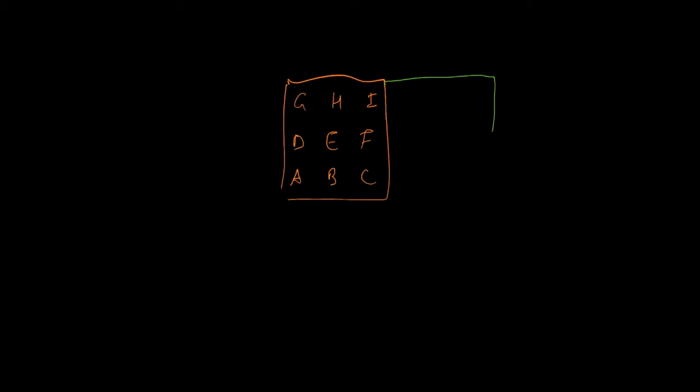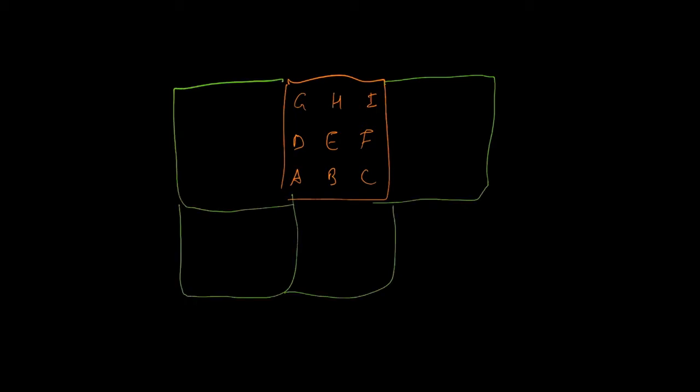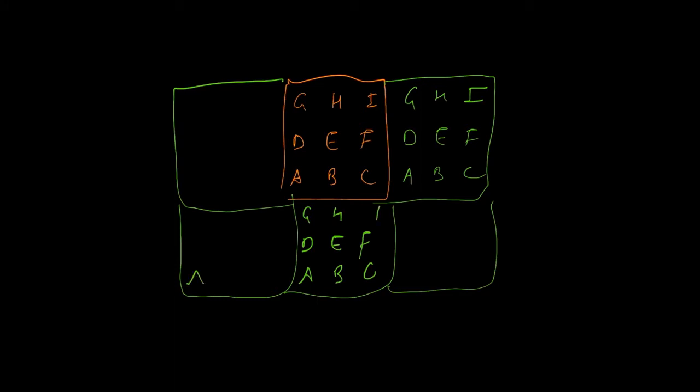So let's again go back to the simple form. Let's say there is A here, B here, C here, D, E, F. So let's say these letters are there. This is our cell, and this cell is going to be repeated again and again throughout. This is our periodic cell. This arrangement is going to be repeated throughout. So again, we would get A, B, C, D, E, F, and the same way again, we would repeat in all directions.